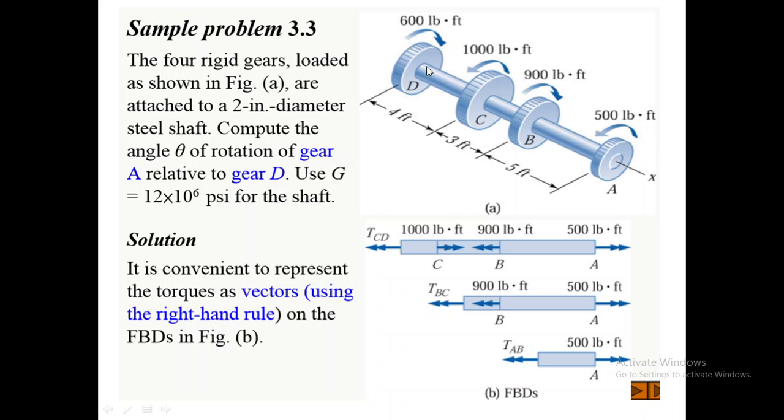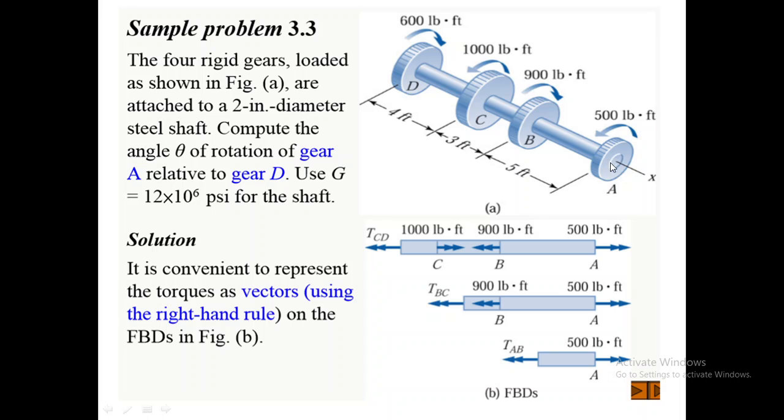So here we will try to simplify this problem with a free body diagram for different portions of the shaft. Here he is taking vectors with the right hand rule. We are representing the torque as vectors here, or else we can directly go to the right hand rule and draw the free body diagram. So instead of taking vectors here, we'll take the torque only directly. So one simple solution is that we take the right hand side of